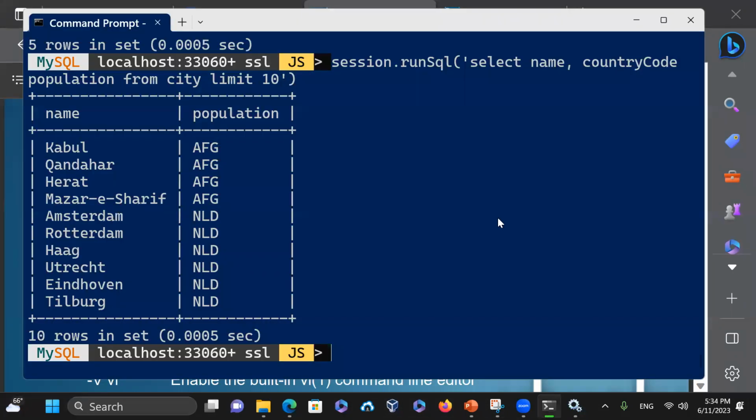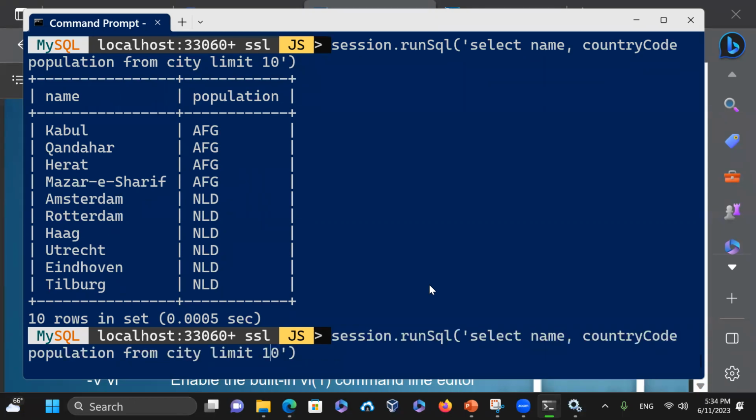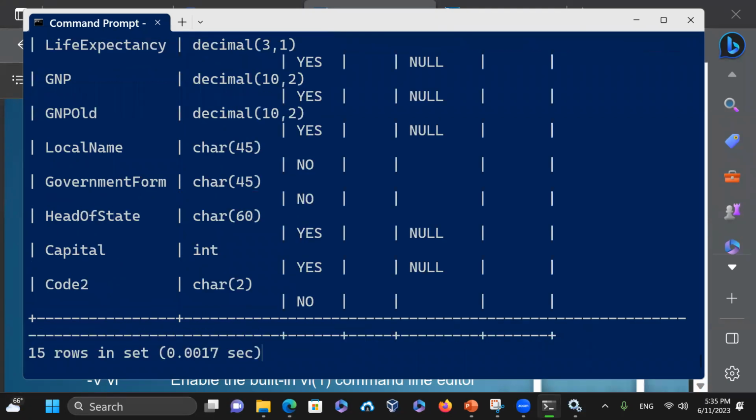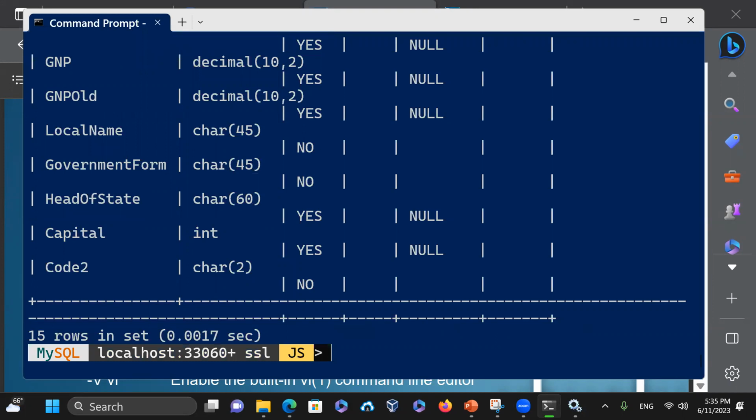And then the part that here I'm going to show you for the select country code and other ones, you have infinite choice to do all these select statements and everything. For example, if I just want to create a table for the country, let's say I say describe country here, and that's a table. And then if I say, well, it's 15 rows, let's just, for the country, I'm going to just say,